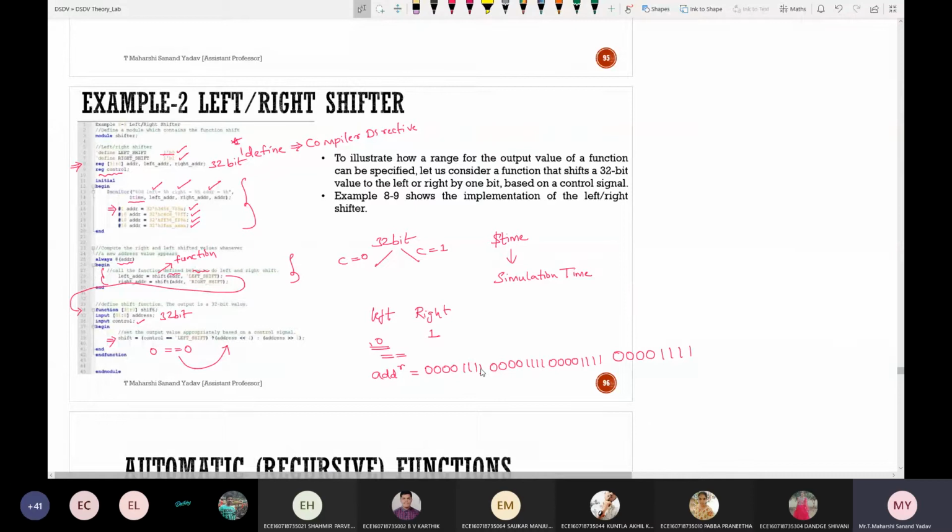Now try to left shift this by 1 bit and tell me the result. What will happen if I left shift it? This particular value will go away and this will be the answer, followed by 1 bit, which is 0, gets added. Yes or no? This is left shift. Suppose you want to do the right shift, this particular value will get shifted out so that the entire result will be from here to here, followed by one more value added at the MSB position. Okay, this is a rough example of using a function. So this is left and right shifter.